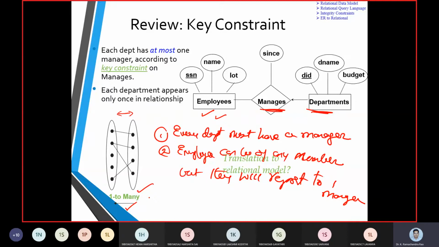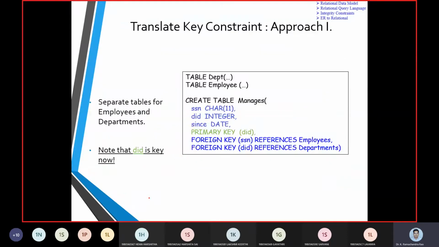So how are we going to build this? We take the department table and the employee table.